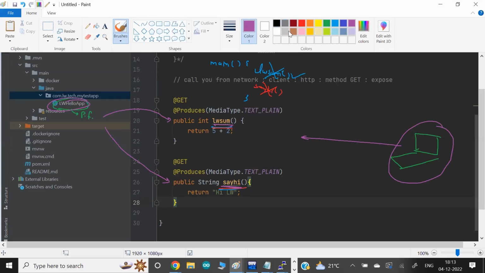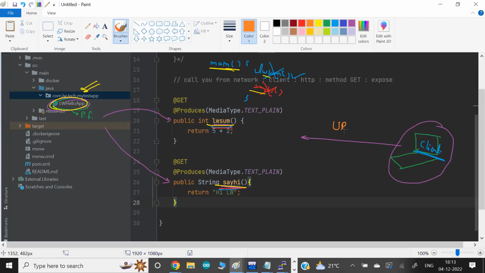So my client does not know what the function name is, say hi, and they don't know the program file name or the folder name either. They don't know anything about the code. Then how can they call? Calling from the main function works because it is part of my code, so we can give the function name. But here the plan is to call from the client side. The only facility we can give to the client is the URL.